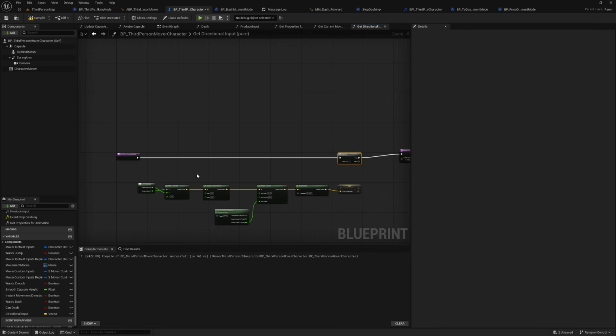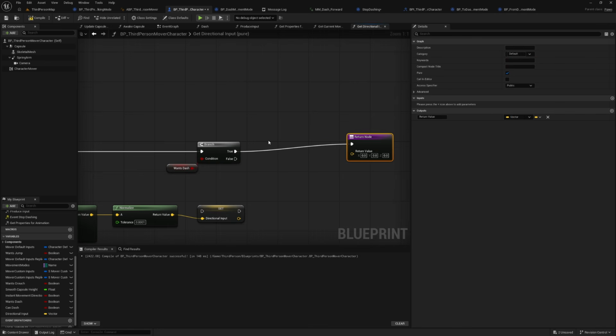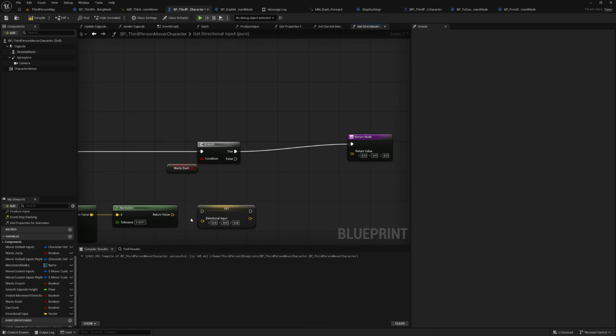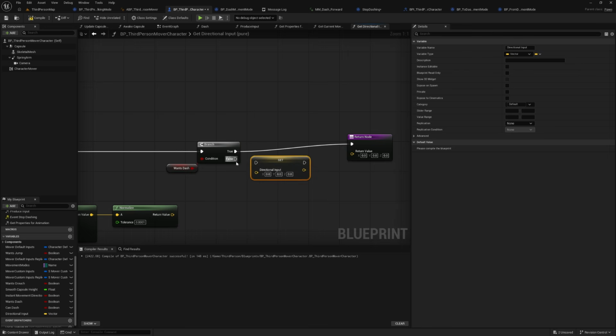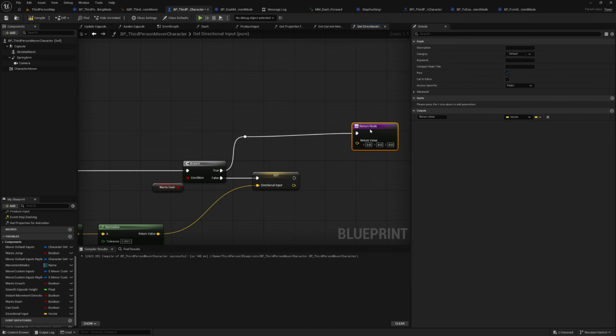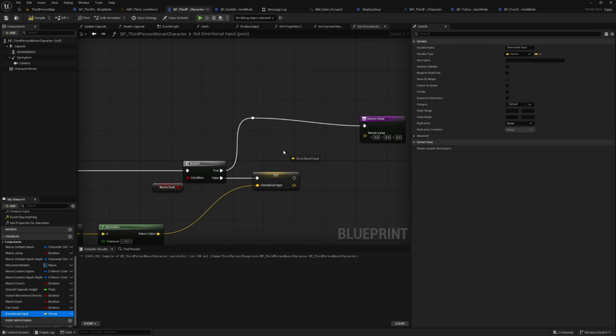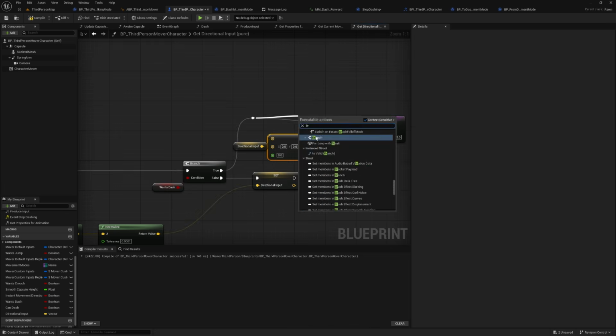If our character wants to dash and directional input, if it is false, directional input, if dashing true and directional input is equal to 0,